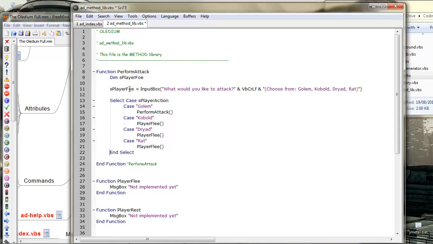Right, so we get the input S player foe. So it's S player foe that we want to look at the cases for. We get the input from S player foe. It's say golem, and in the event that it's golem, we want, well, I think we need to define a variable here called say hero current enemy. Hero current enemy. And what we'll do